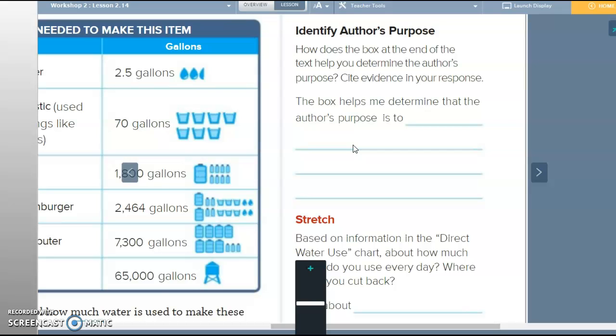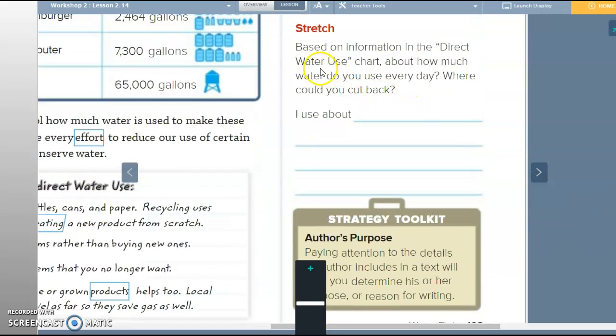The box helps me determine that the author's purpose is to. So what is the author trying to get us to do? What is he trying to help us understand? Okay. All right, you need to fill that one in. And then stretch. Based on information in the direct water use chart, about how much water do you use every day? Where could you cut back? I use about blank gallons, and I could cut back by, maybe I could do better when I'm washing dishes. Okay, maybe I could do better at,